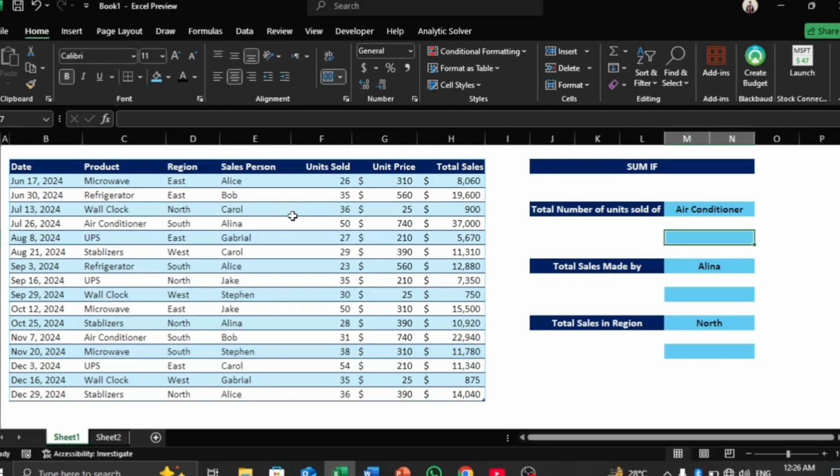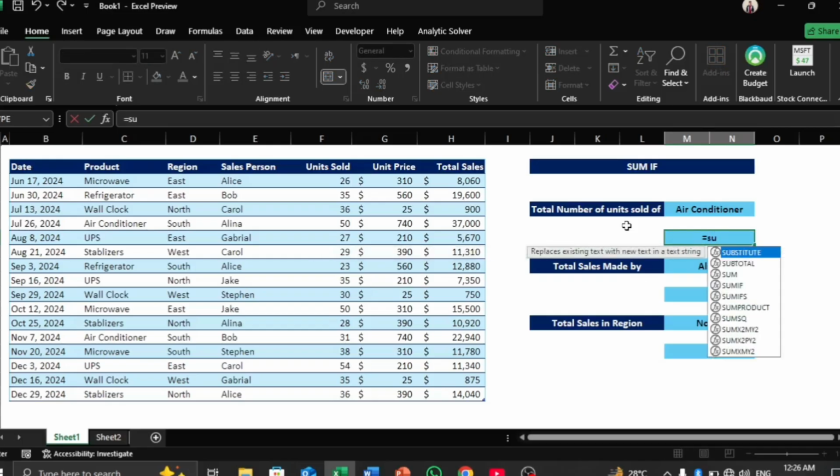Here we have the data of the sales of different products in different regions. Suppose we want to find out the total number of units sold of air conditioner. So in the selected cell, we type equals SUMIF, hit the tab key, and the range is the list of the items we sold, which is this one.